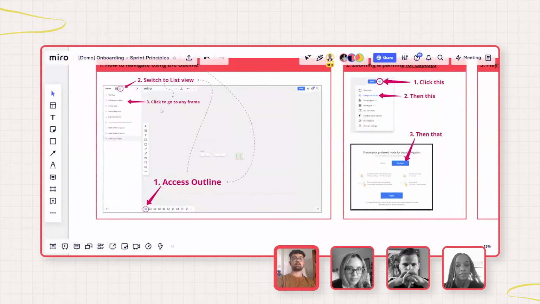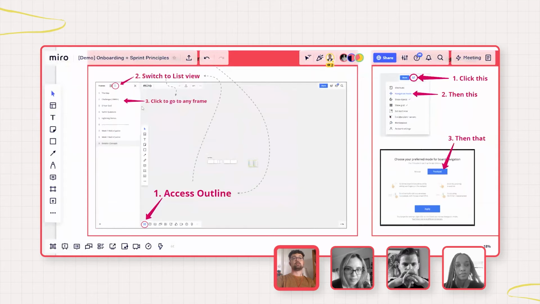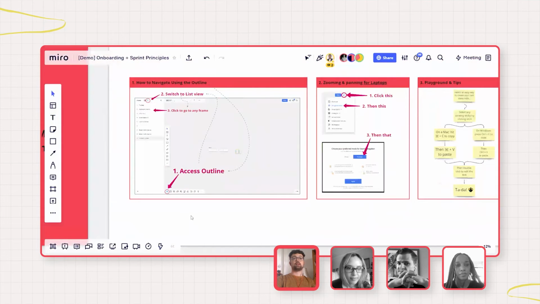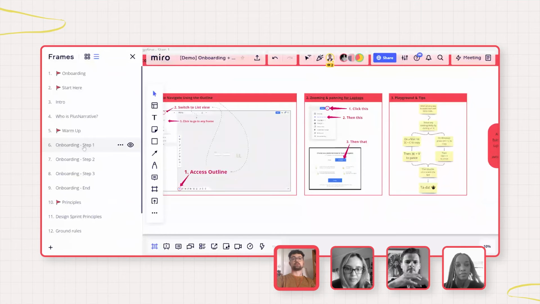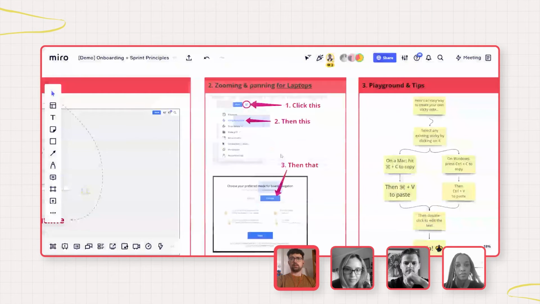So I'll show you how that happens again now. Click once on frames, click once on the list view, and then I'm going to go back to onboarding step 1. You'll see it zoomed out a little bit there. If I go to step 2 and step 3, it scrolls through very easily. So yeah, just setting everybody up for success with the navigation mode first of all. Then once everybody's set up in terms of their navigation,